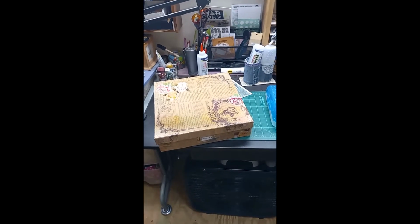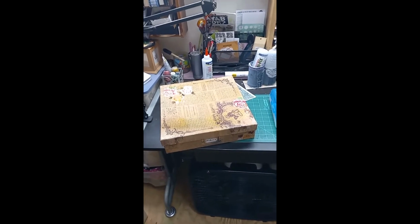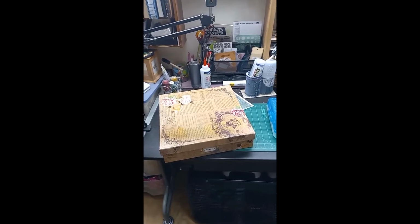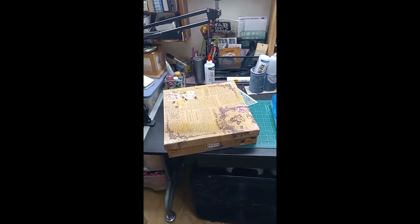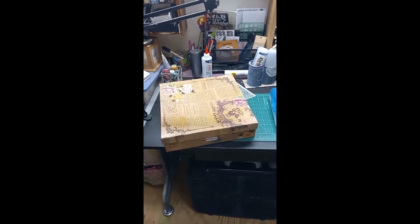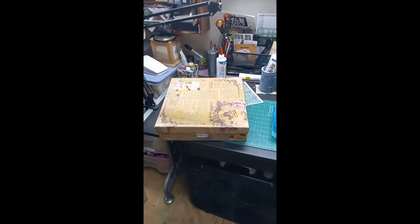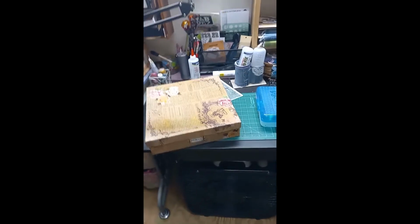I really like being able to just dig through a pile of stickers when I'm ready to use stickers, instead of having to pull out of a bunch of different envelopes. I like to have just a big bin, but it did need to be reined in a little bit. And those boxes have not found a new home in this